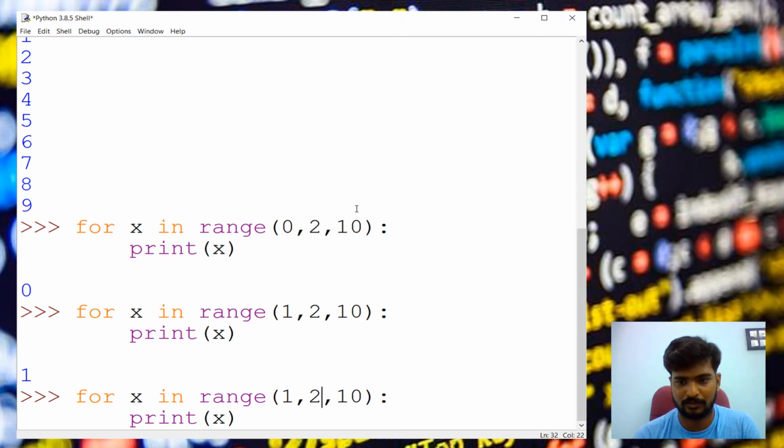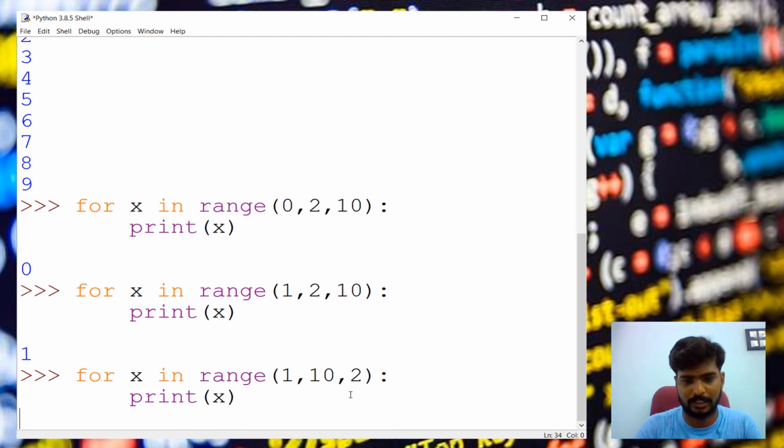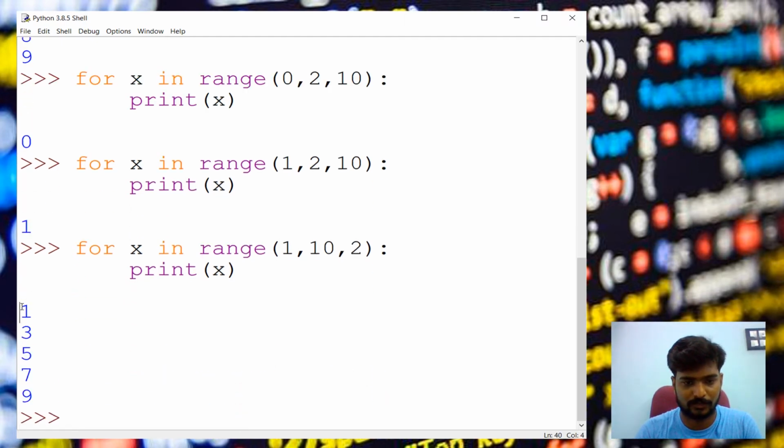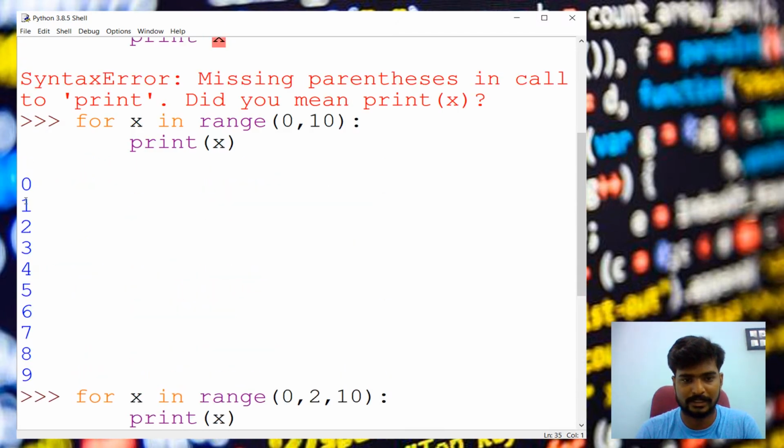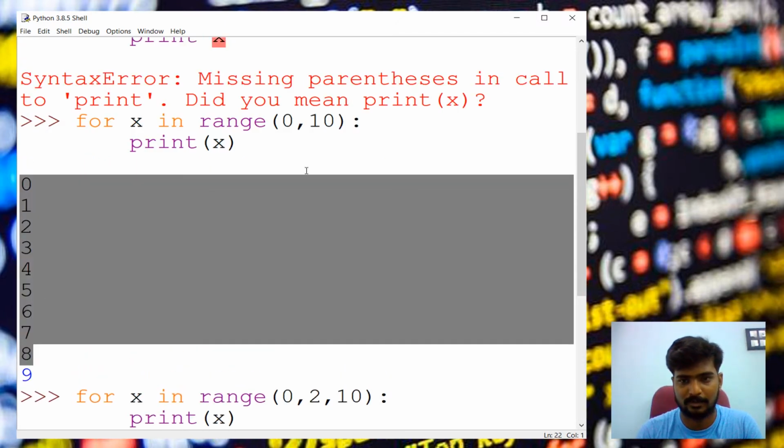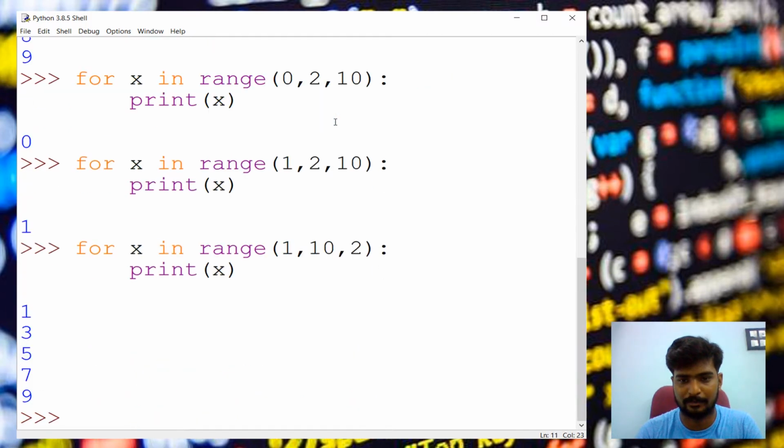If it is 0, we are incrementing by the default increment value without a parameter, so we need to change this arrangement. We have to give 10 and we have to give 2 here. So now we can see the difference. For range, when you give 1 to 10 and increment 2, it will increment by 2, or it will just increment by 1 when you don't give any parameter for increment. The third parameter is the increment parameter.